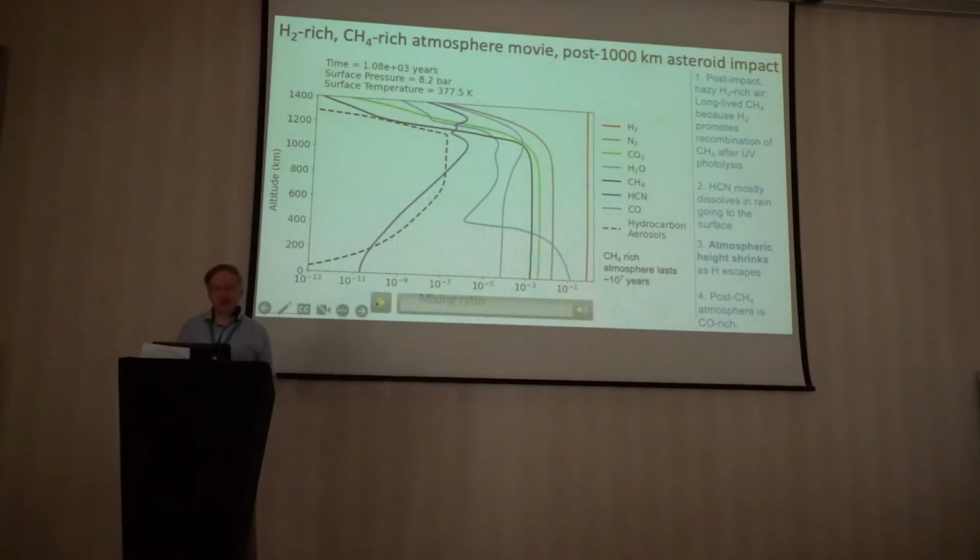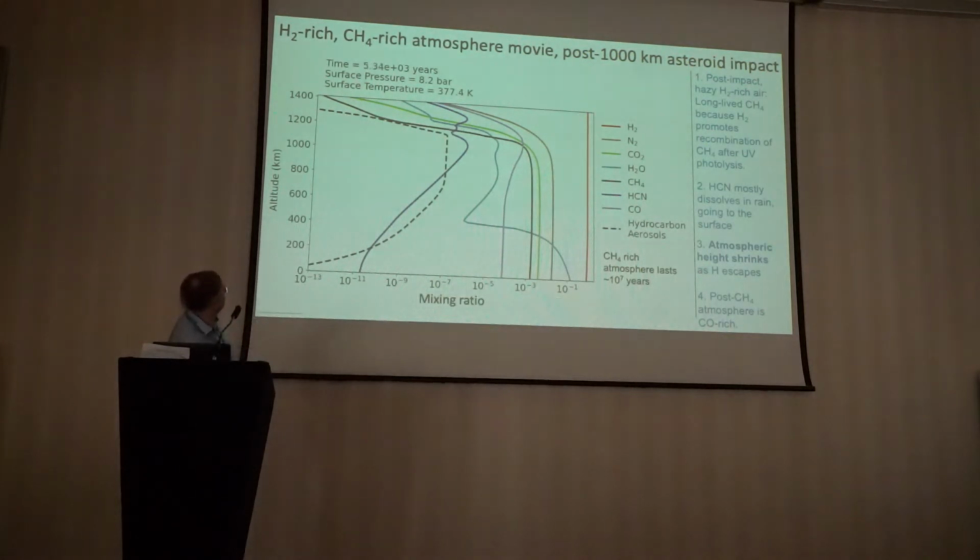has collapsed. This is a very tall atmosphere because it's rich in hydrogen, so we go up in altitude above 1,000 kilometers. But as the hydrogen escapes, the atmospheric height will collapse, as you'll see in this simulation. And we generate a haze, like in Titan's atmosphere, and we generate HCN, like in Titan's atmosphere. But it's somewhat different because we've got some CO2 in the background, and we also generate carbon monoxide, things that don't exist on Titan. So let's run this forward in time, which is ticking at the top in thousands of